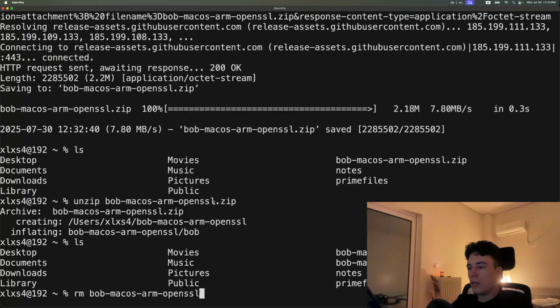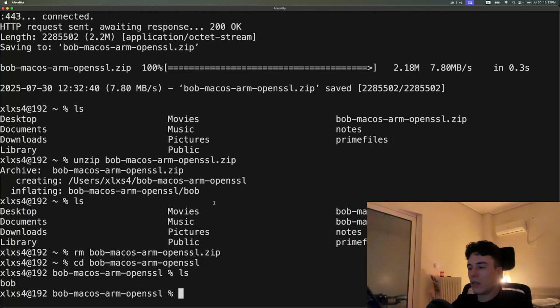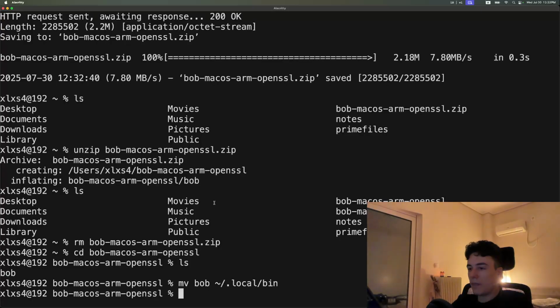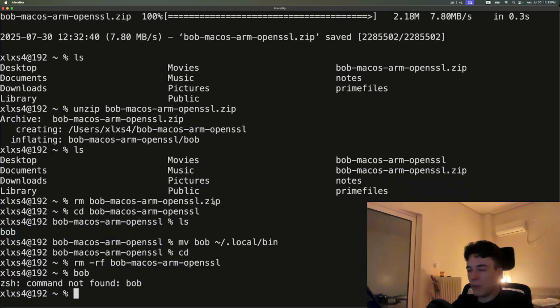Okay, and let's move Bob to local/bin. Good. Now, if I type Bob, it shouldn't work because I haven't added home/.local/bin to my path. I will do that,